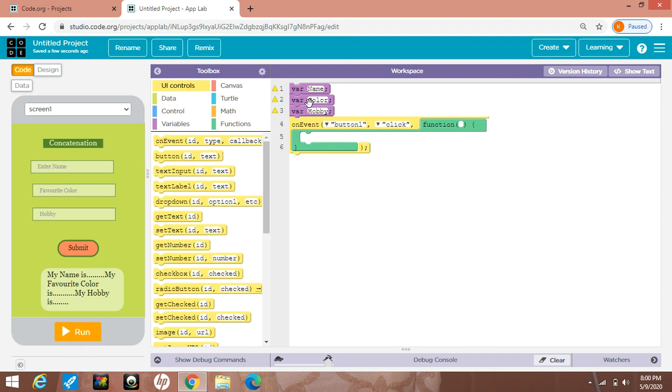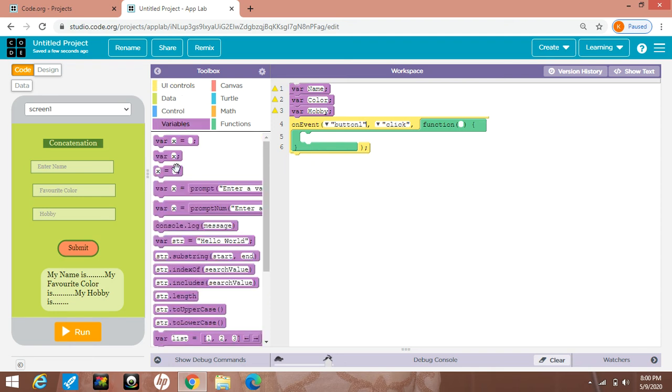After this, I will assign the values to these variables. For assigning the values, I will use this assignment. First is name. Be careful when you are writing the variable name. N is capital, am is in small case letters, then color, then hobby, like this.